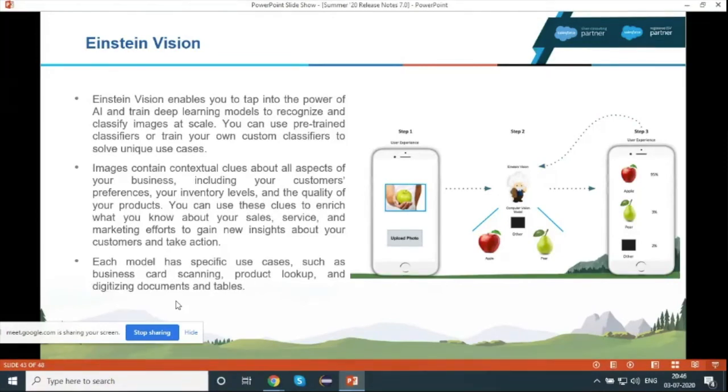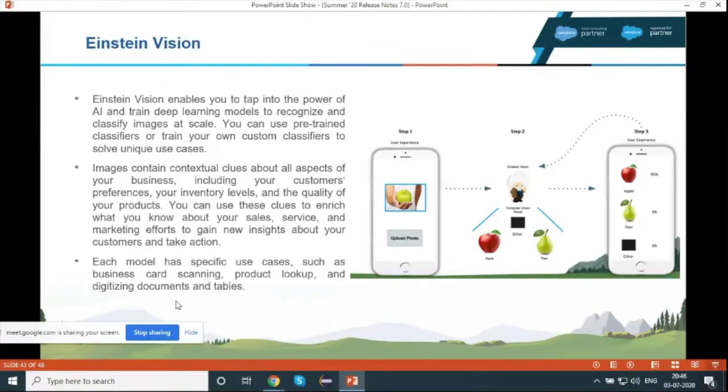As I told you, such an interesting and amazing feature, and it's generally available, so you can use this to enhance your work. So the next thing is Einstein Vision. Einstein Vision was previously available also, but this time they implemented a complex algorithm to give more appropriate results. Who doesn't know what Einstein Vision is?